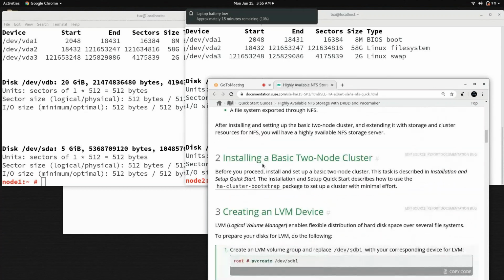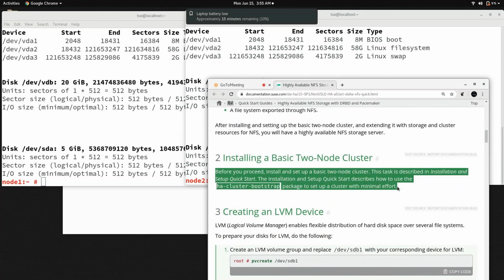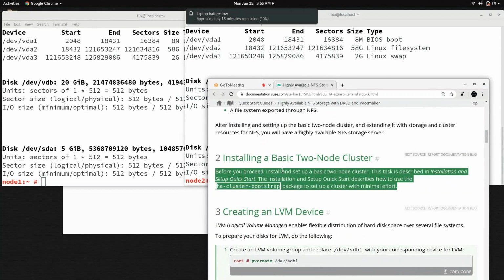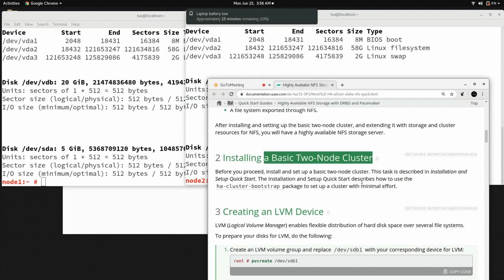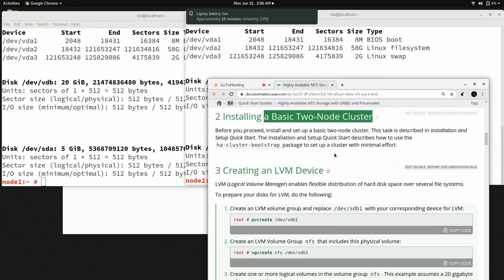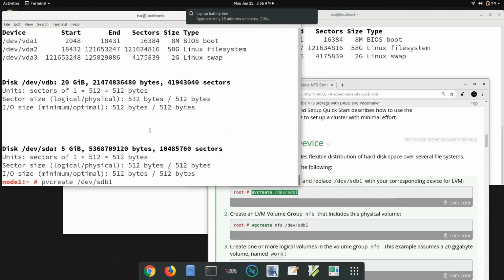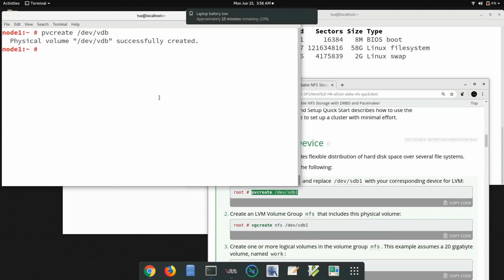Then this is installing the basic two-node cluster. I think it is described somewhere here. Maybe you can go to Google and find out how to set up a basic cluster in SUSE, which I'm not going to discuss here. Next is creating an LVM. On the first machine, I have my additional disk, which is VDB, right? Enter, and run the same command on the second machine.